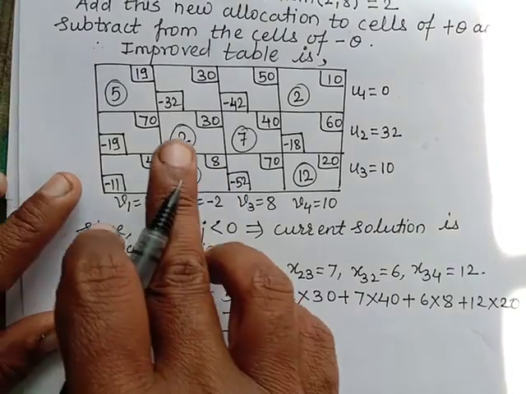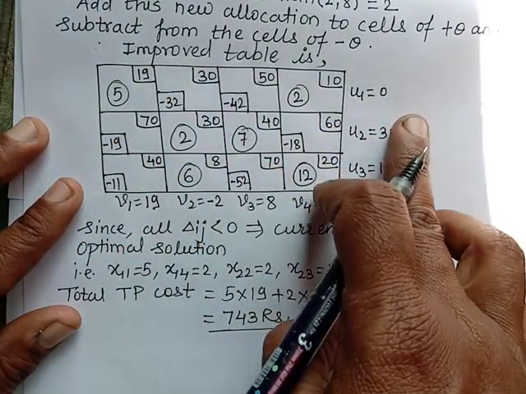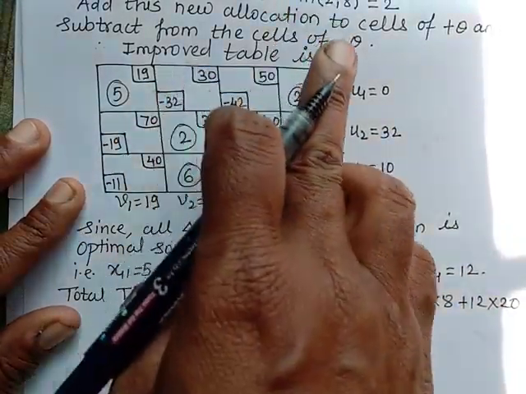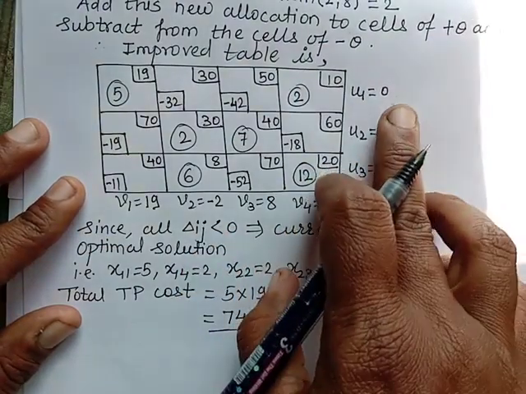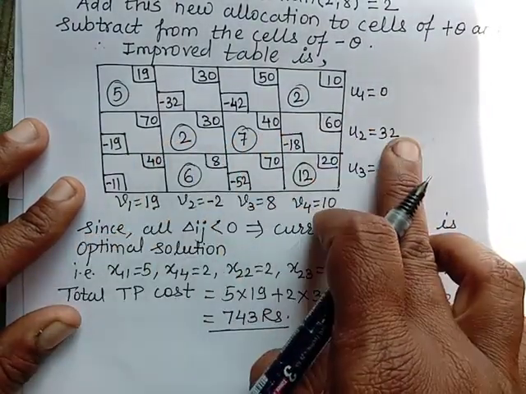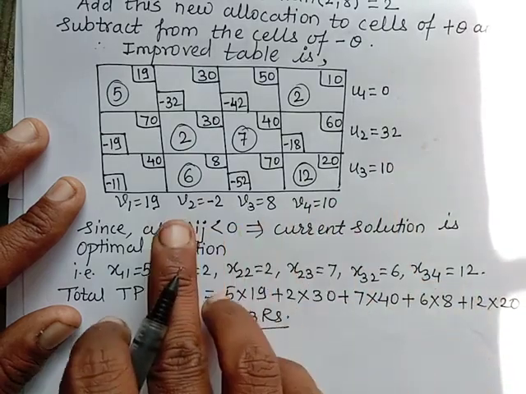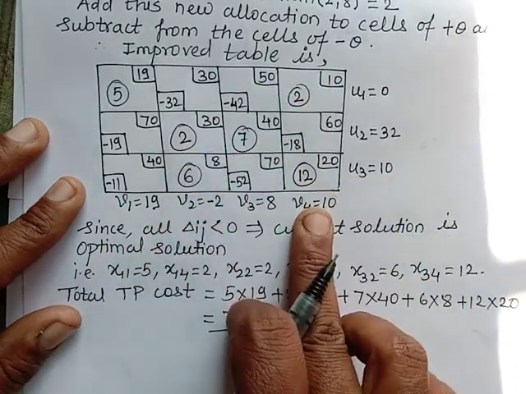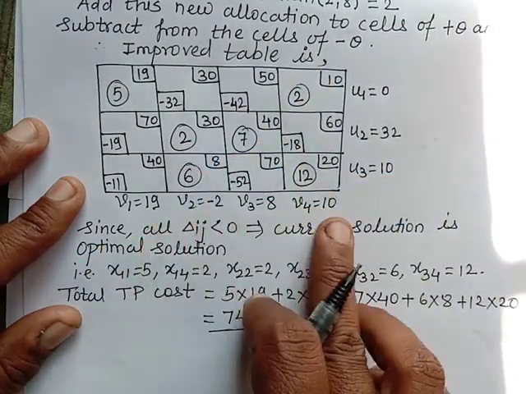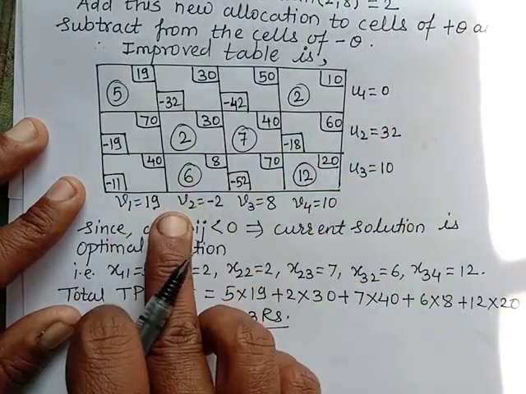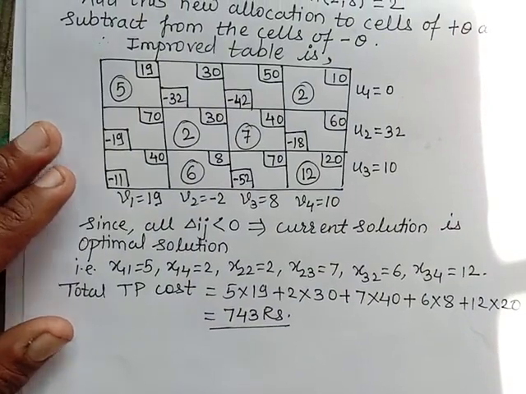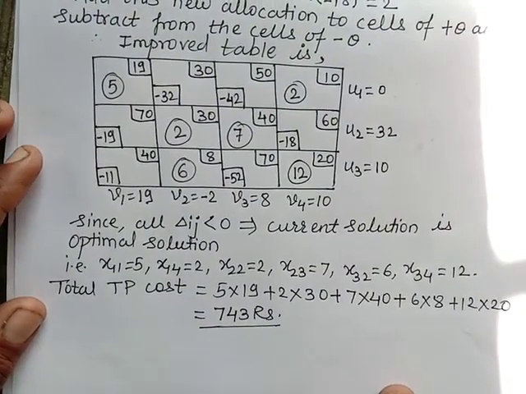Okay. Now I hope these calculations are clear to you. If not, you can write down this in detail and find out. Now here I had taken u1 as 0. It's your choice. You can take u2 0, u3 0, or whatever, v2 0, v4 0. But while taking them 0, obviously the values are not the same. These ui's, vj's are not unique. They may change.